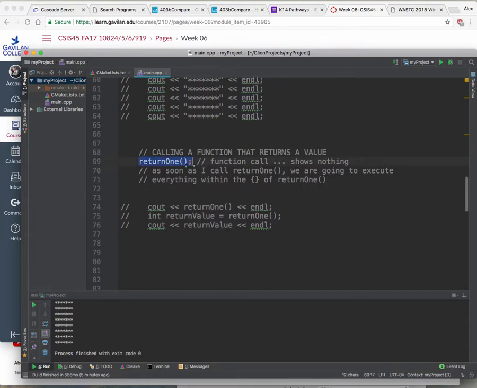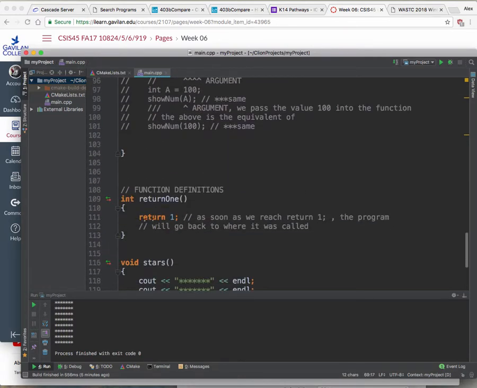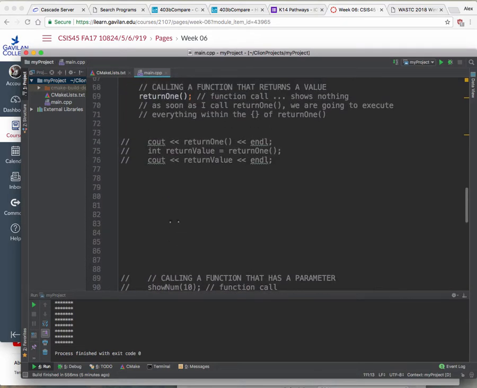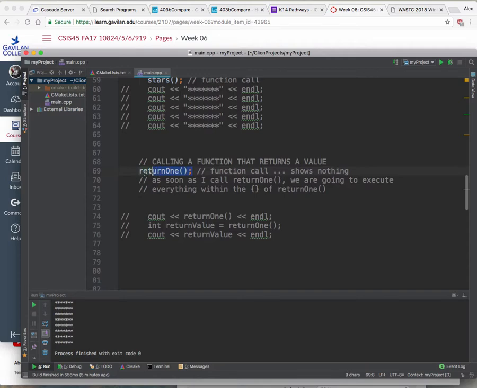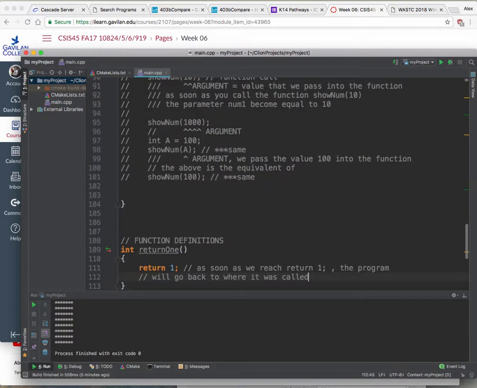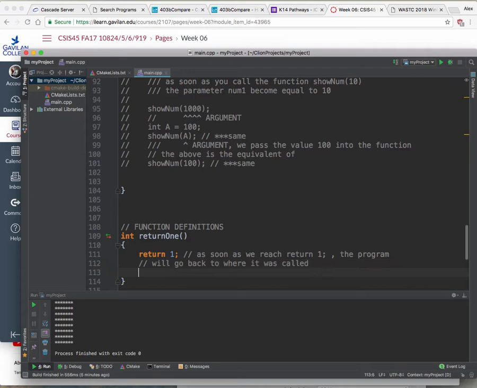Okay, so as soon as I call it, I go to my definition, I see a return1, and then I get this value 1, and I bring back the 1 right where the function was called. So I'm literally bringing a 1 right in there, just like that. Okay? So we'll go back to where it was called and return the value 1 where the function was called,